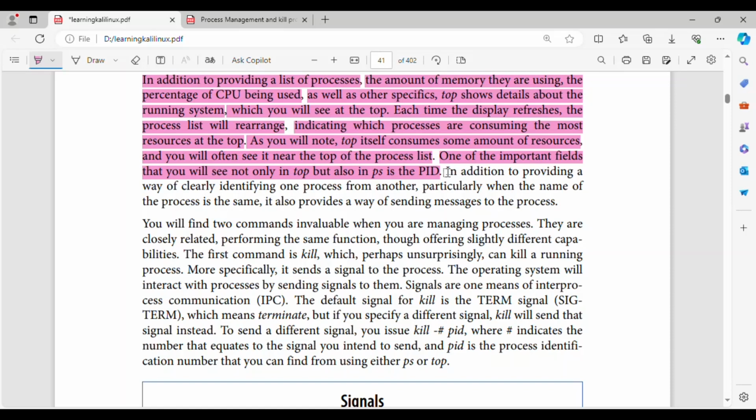One of the important fields that you will see not only in top but also in ps is the PID. In addition to providing a way of clearly identifying one process from another, particularly when the name of the process is the same, it also provides a way of sending messages to the process. You will find two commands invaluable when you are managing processes. They are closely related, performing the same function, though offering slightly different